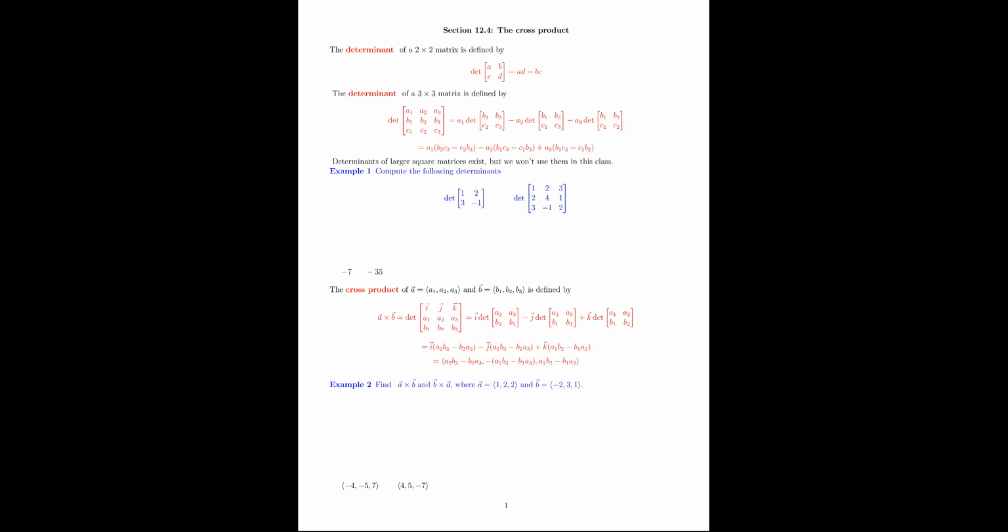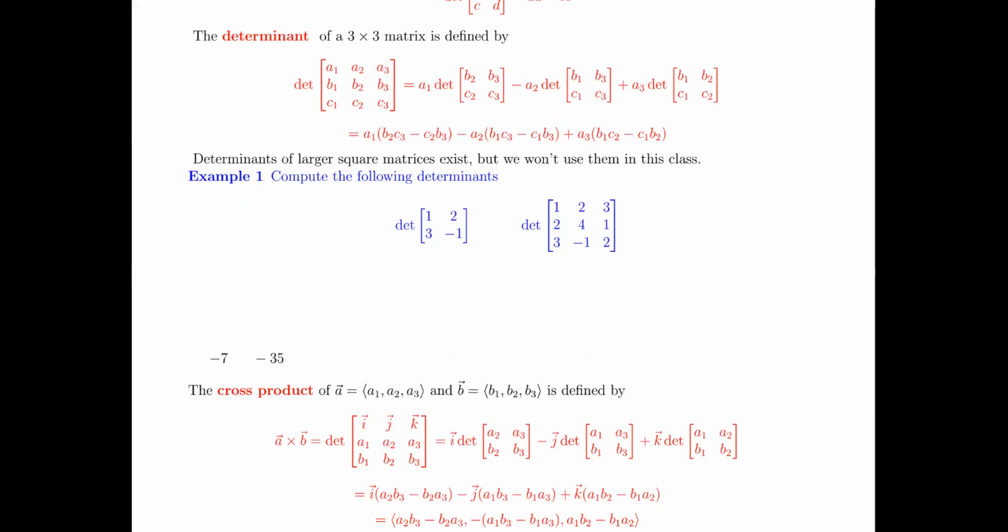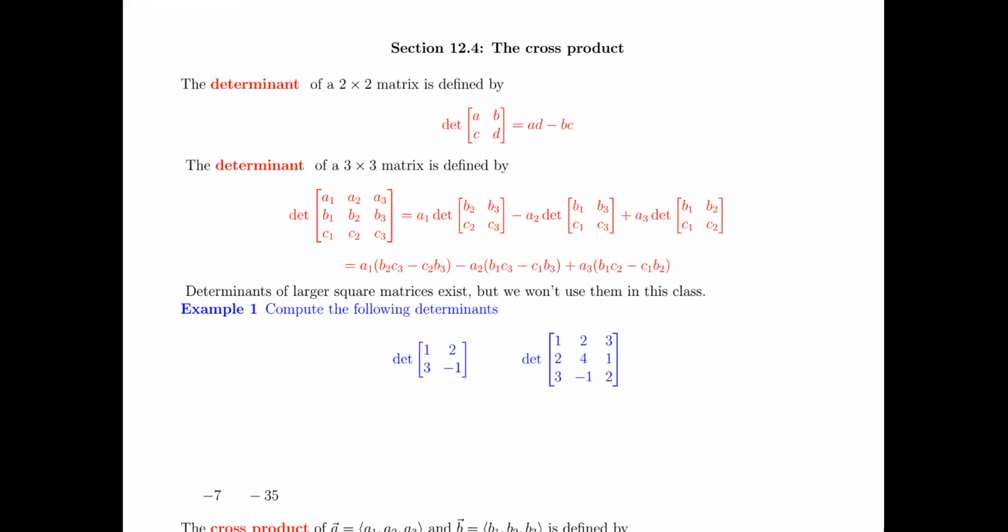In this video, we're going to be looking at the second type of vector product called the cross product. Before we get started on that, we want to talk about the determinant of a matrix. So here we have defined the determinant of a 2 by 2 matrix and the determinant of a 3 by